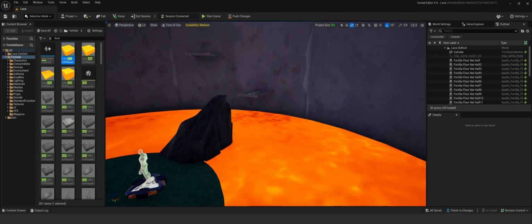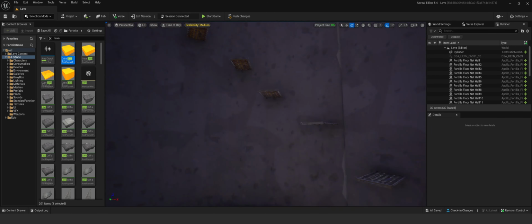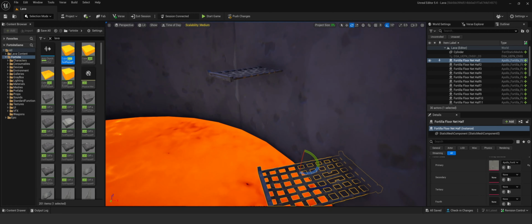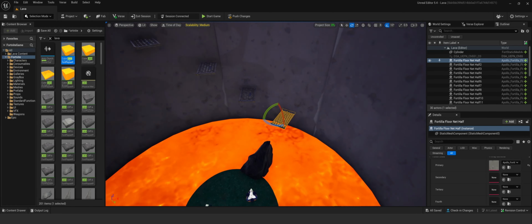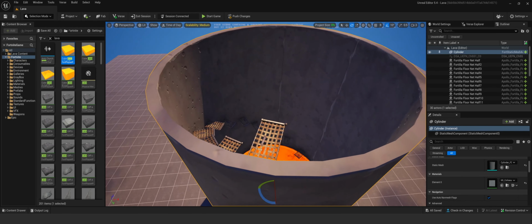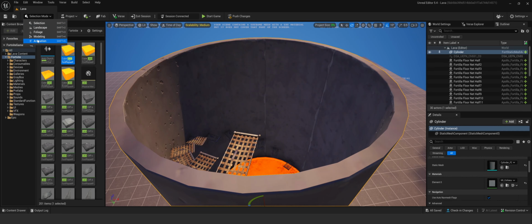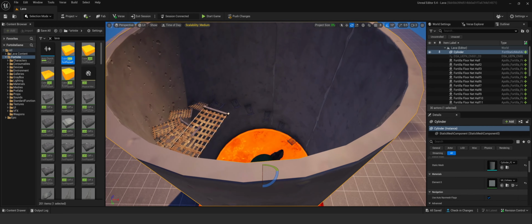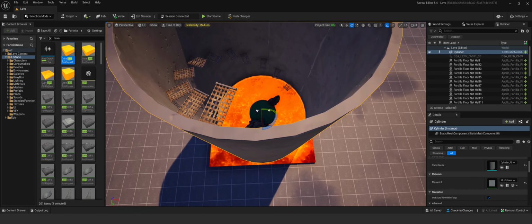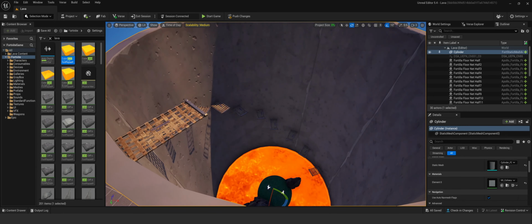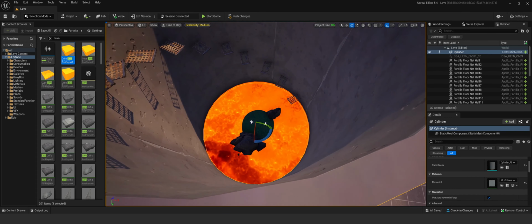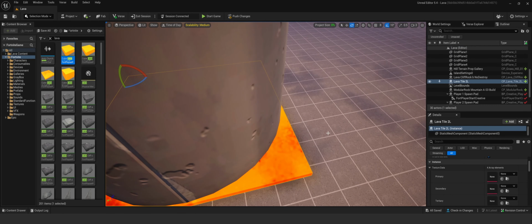So again, I put this together quickly. It's really rudimentary. It's just some props that I added. This is a flotilla or fortilla floor net half. So we've got just a bunch of those that go along the outside of this cylinder. And this cylinder I created through the modeling mode. I'm not going to go through that. So it's just I created a cylinder and I used the poly cutting to create a hole in the cylinder, and that just provides basically the bounds of this level. Okay, so again, we're using the lava tile 2L,